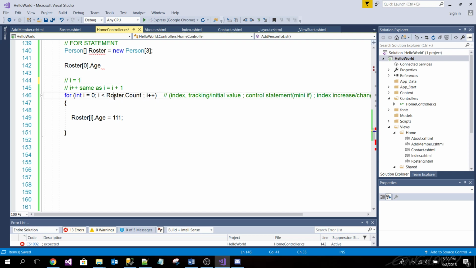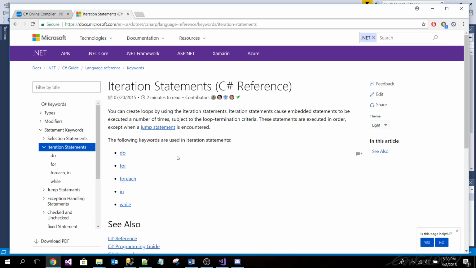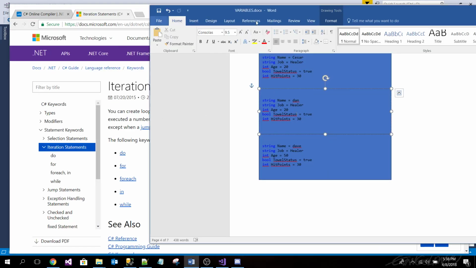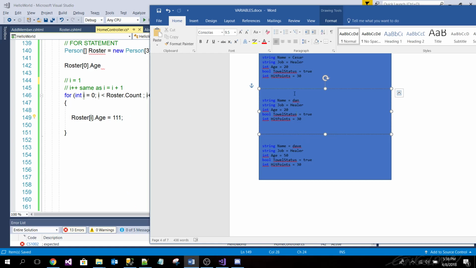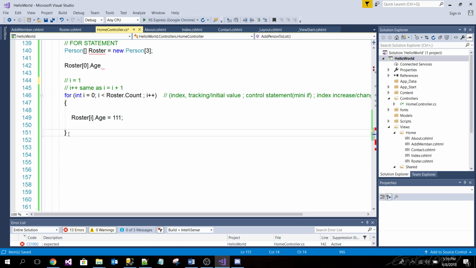Now I is equal to 1, and I is less than 3. We go in. Who are you accessing now? Dan. That is correct. You're accessing Dan's age here. Then we add 1, so I goes to 2.